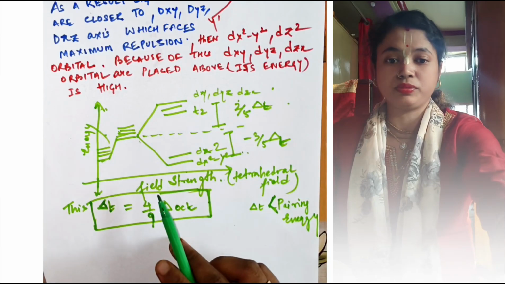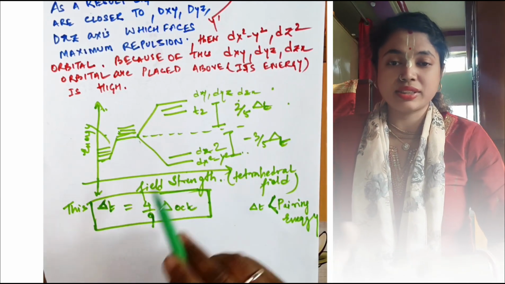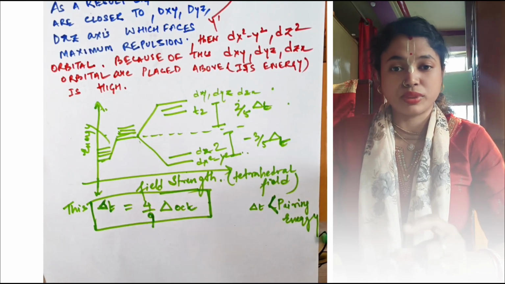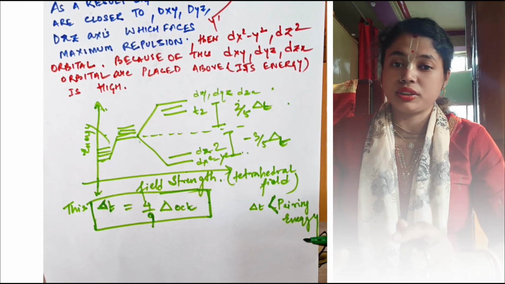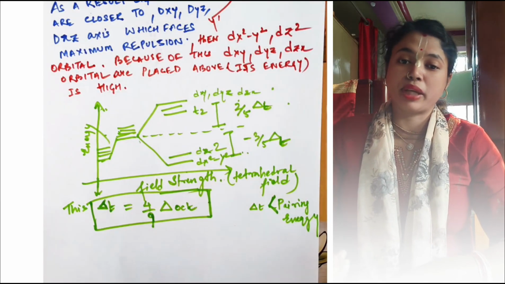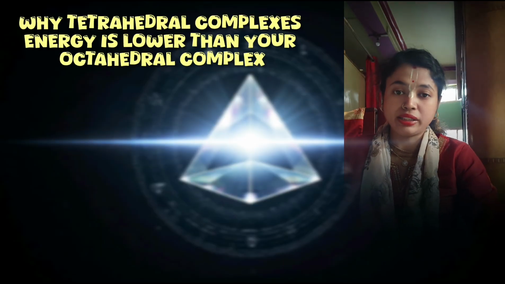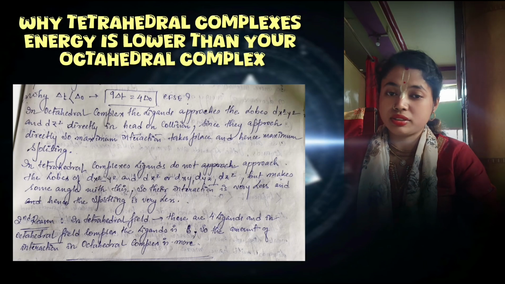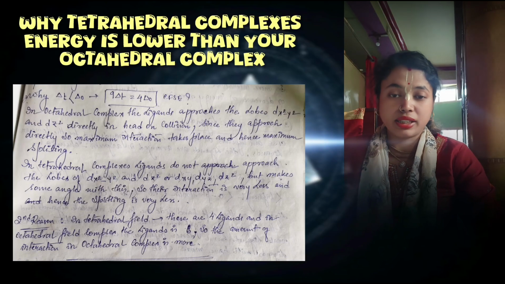So in case of your octahedral field, when the ligand is a strong field ligand, the pairing occurs, and therefore the EG level goes above and the T2G level is down. Whereas in this case, the pairing energy is very, very high, so your delta T is very much less than your pairing energy. Question: why is the crystal field splitting energy of tetrahedral less than your octahedral? First answer to this is that because the ligand approaches in the direction of dxy, dyz and dzx, the T2G level faces the most repulsion, and your EG level does not face any repulsion. So that's why we can say that the splitting of octahedral complex is